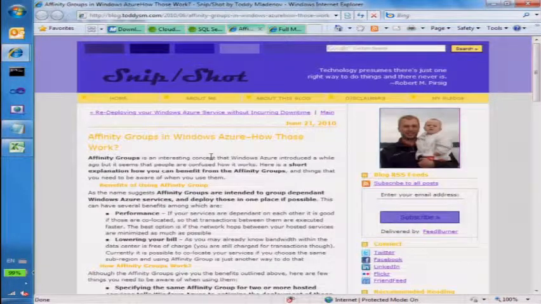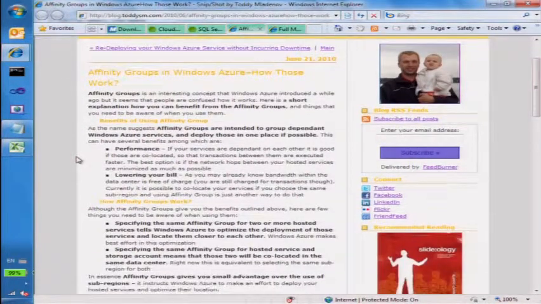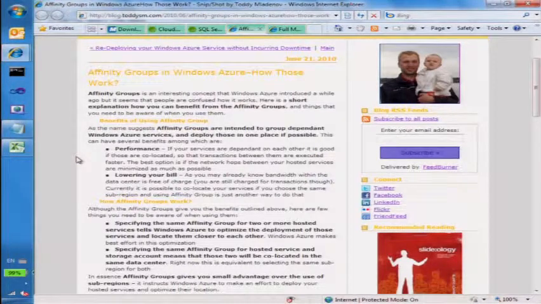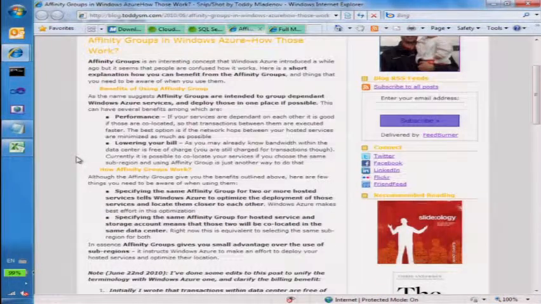All right, one last piece of news, and then we'll move on to the feature. This is about affinity groups. This is a blog post by Monte, who is on the Windows Azure team and works on the portal and some other front-end things in the developer experience. And he's got a blog post that answers a question that we get somewhat frequently, that is, what are those affinity groups? For those who haven't done it, if you go to the Windows Azure portal and deploy something,